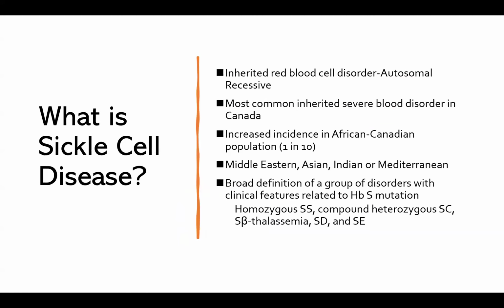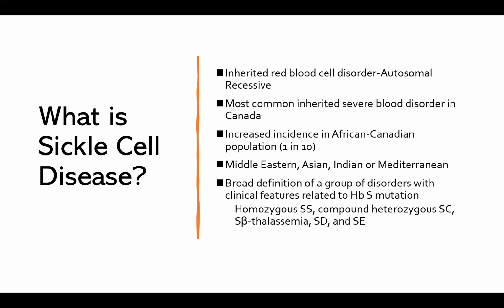So what is sickle cell disease? It is an inherited red blood cell disorder that is autosomal recessive. It's the most common inherited severe blood disorder in Canada. There's an increased incidence in the African Canadian population, about 1 in 10. We also know that people of Middle Eastern, Asian, Indian, or even Mediterranean descent can be affected by sickle cell